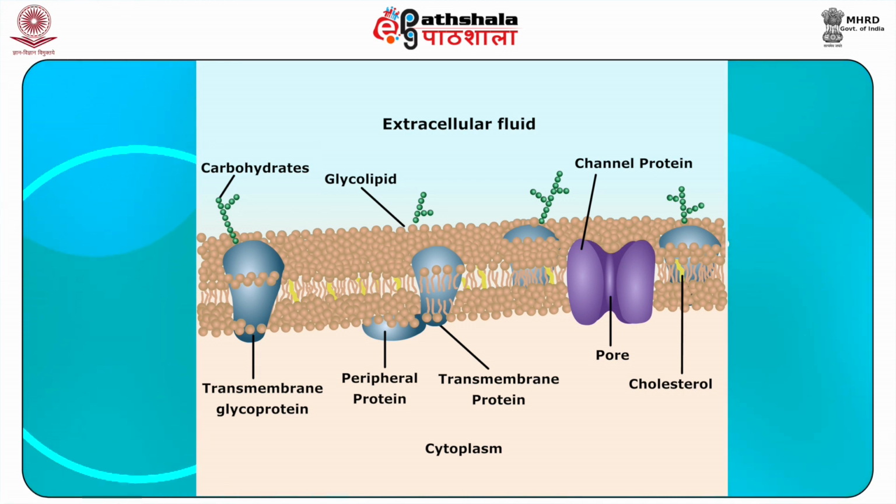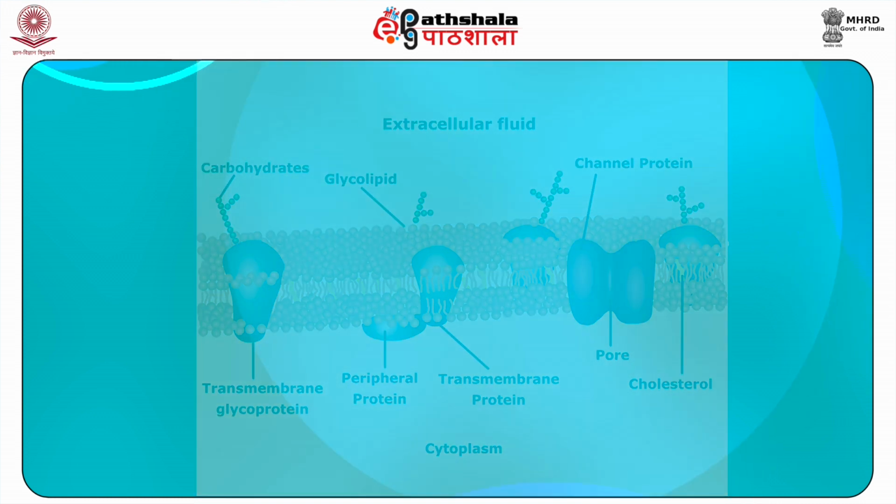Phospholipid bilayer, which is made up of phosphates and lipids. They create a partially permeable membrane which allows only certain substances to diffuse through the membrane. Cholesterol maintains the fluidity of the cell membrane structure. This shows a structure where the components of the plasma membrane have been mentioned. Cytoplasm is inside the cell membrane, and cholesterol, peripheral protein, transmembrane protein, carbohydrates and glycolipids are all shown in the components of the plasma membrane.